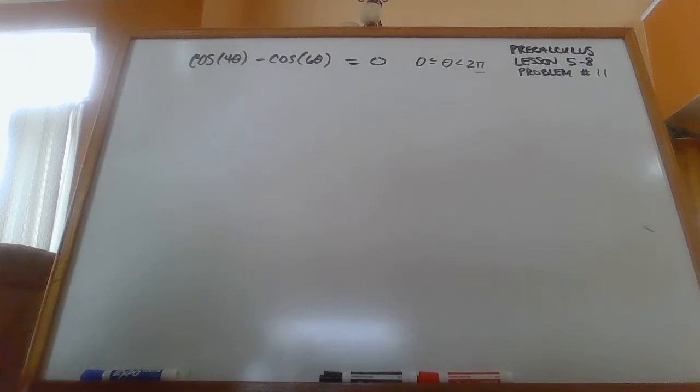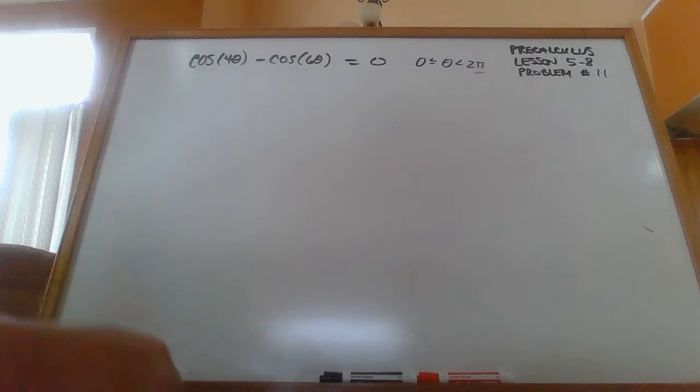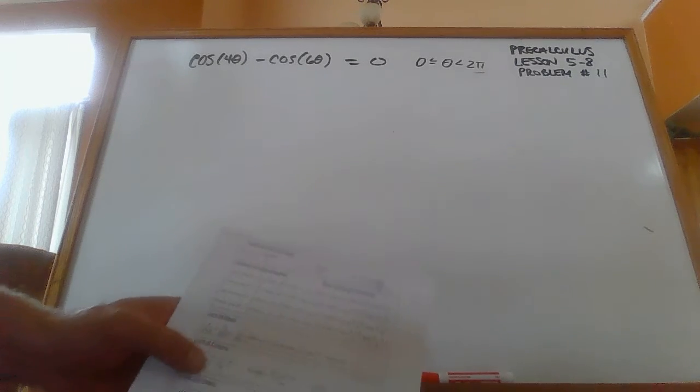Okay, our last problem today is going to be problem number 11. This is one that gives people fits. Cosine 4 theta minus cosine 6 theta equals 0, and I want the answers between 0 and 2 pi. The part that gives people fits is they don't use the sum to product formulas, which on your formula